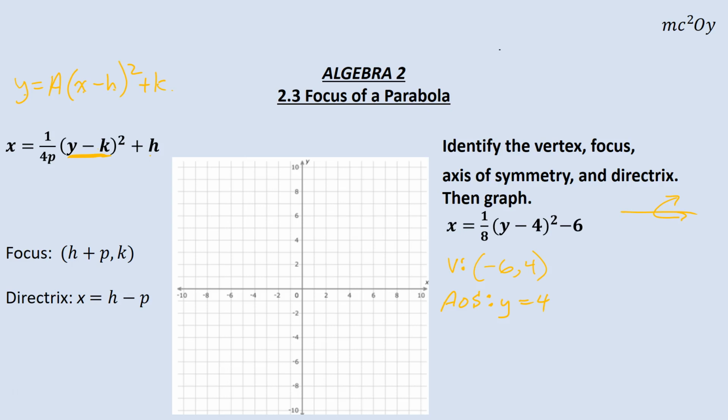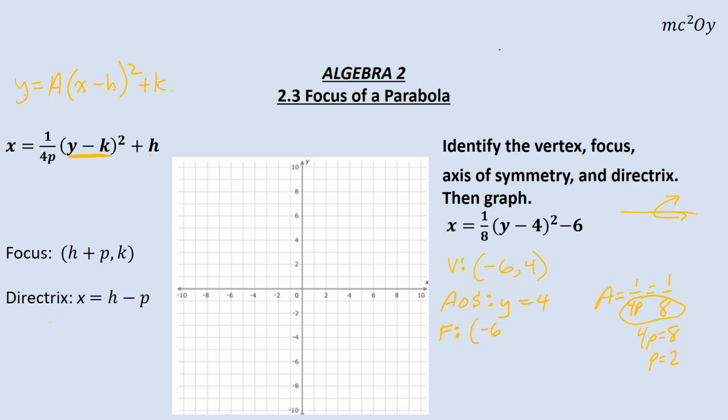So when I'm looking at my focus, in order to find the focus, I have to know what P is. And to find P, I have to use A again. So A is equal to 1 over 4P, and it's also equal to 1/8. So notice the ones are the same on top, so 4P equals 8. So P is equal to 2. So if P is 2, that means my focus would start at -6, and then we go 4, or excuse me, not -6, 4, it'd be -6, and